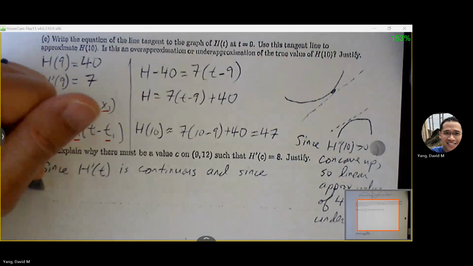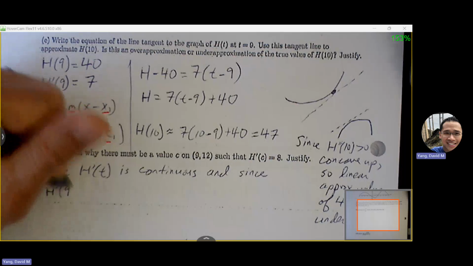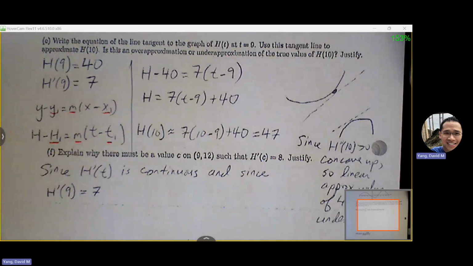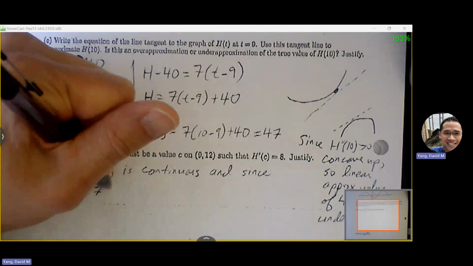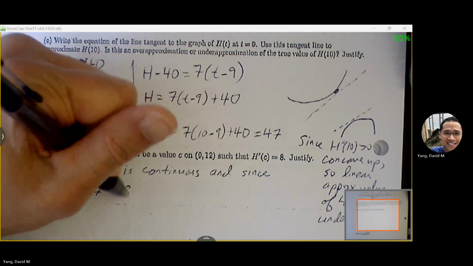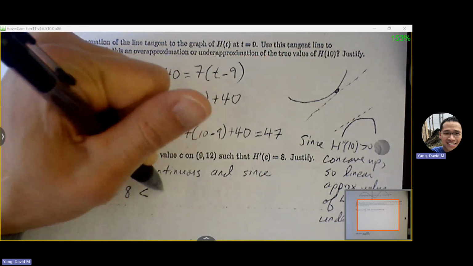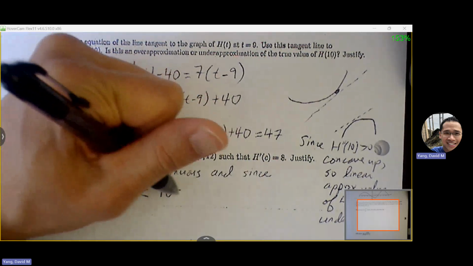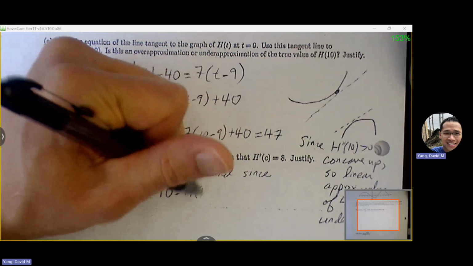And since H prime of 9 is equal to 7, and 7 is less than 8, and 8 is less than 10, which is coming from H prime of 12,